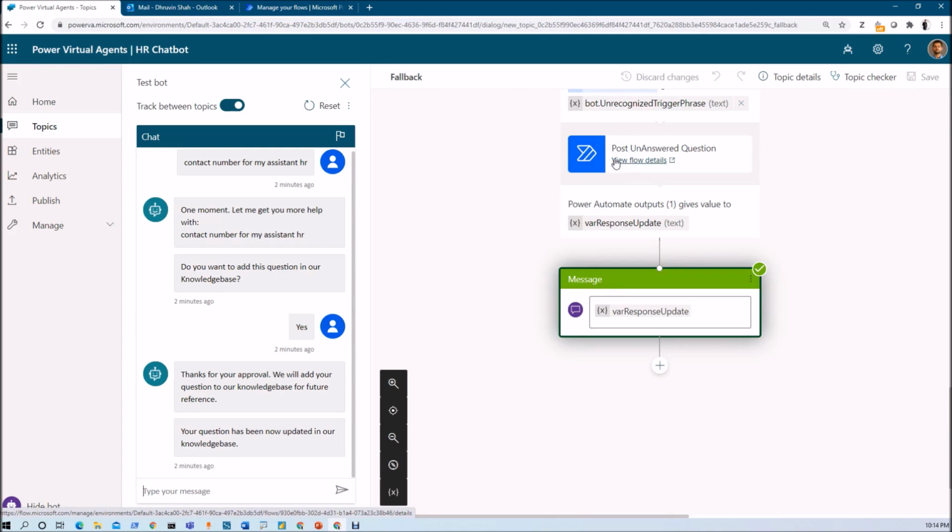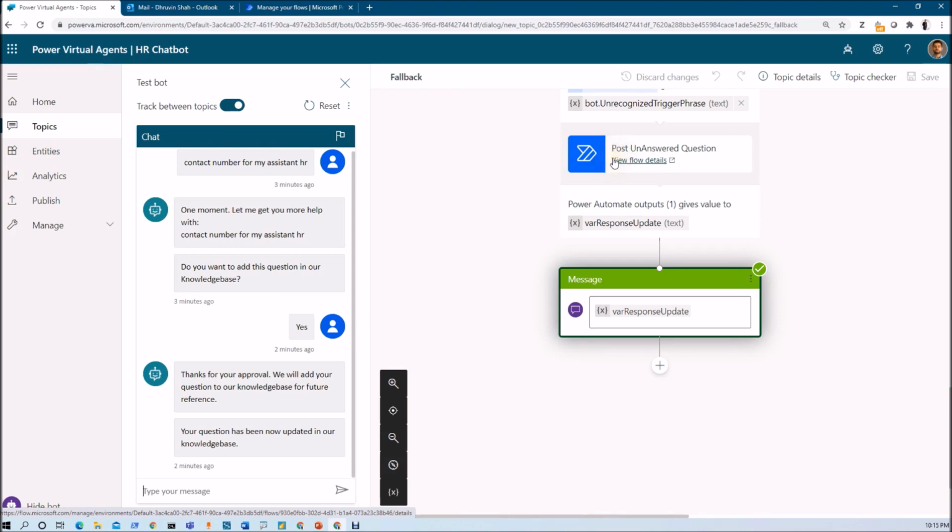But in this session, first of all, we will talk about how we can create a new chatbot from scratch. In the next part, I am going to talk about the system fallback topic in detail, and then we are going to create a flow that will answer the question from the knowledge base. And in the last session, we are going to track all the unanswered questions and manage the approval process in order to update our knowledge base using the flow. So make sure that you stay tuned throughout this entire session journey.